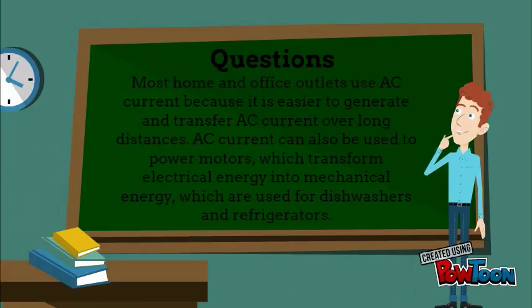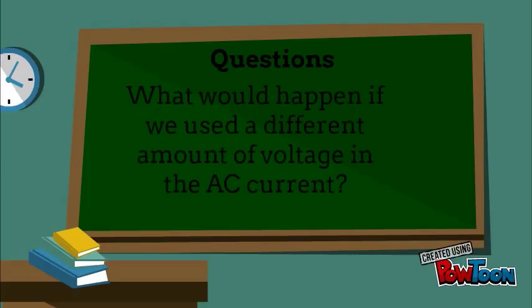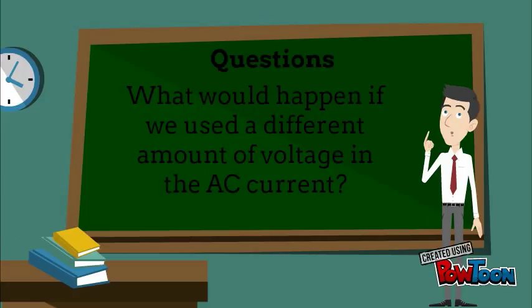Most home and office outlets use AC current because it is easier to generate and transfer AC current over long distances. AC current can also be used to power motors, which transfer electrical energy into mechanical energy, which are used for dishwashers and refrigerators. You may be wondering what would happen if we use a different amount of voltage in